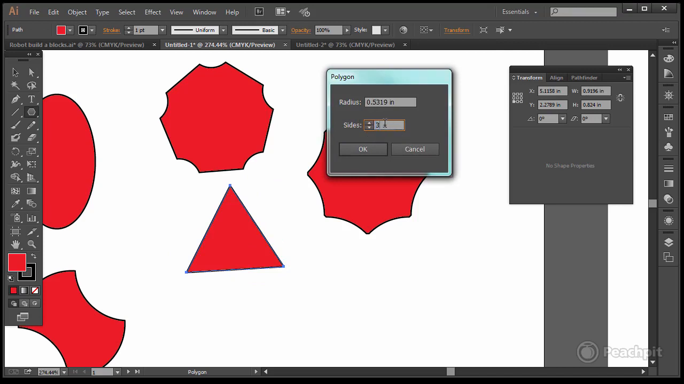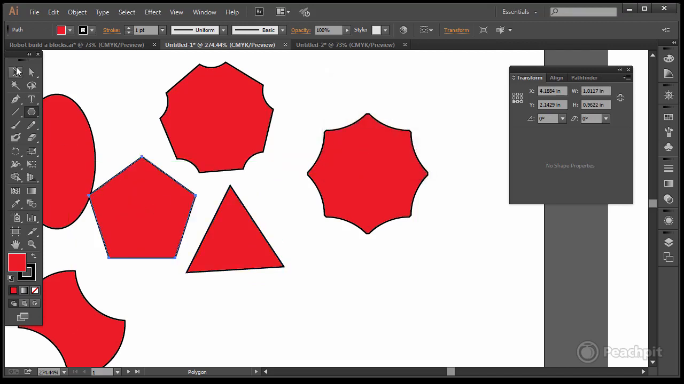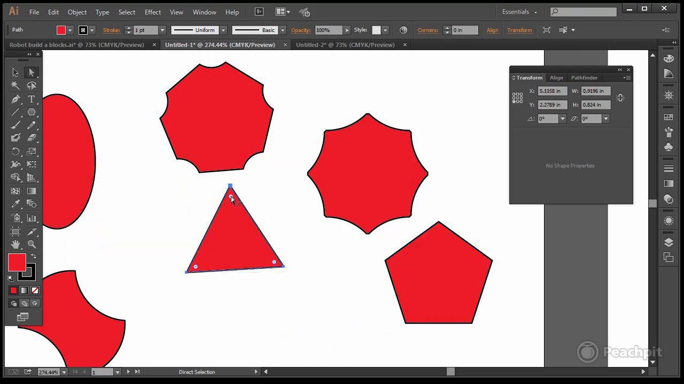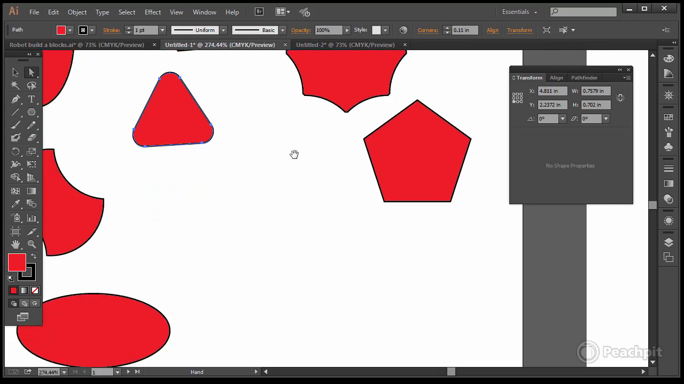Let's put that back on 5. And there's our basic shape. But all of these have the ability to transform using the live shapes. Now the star